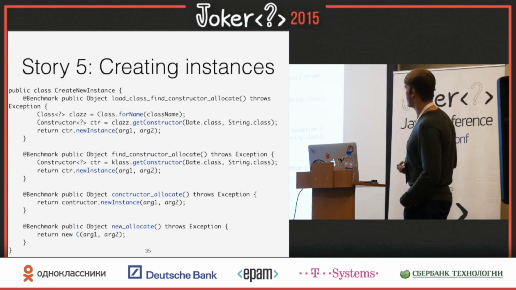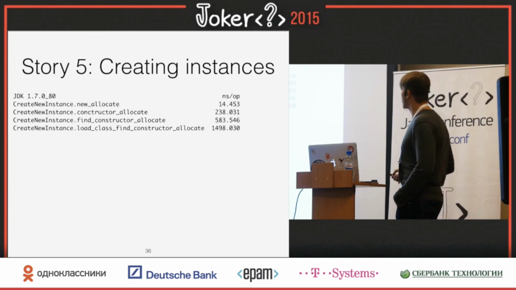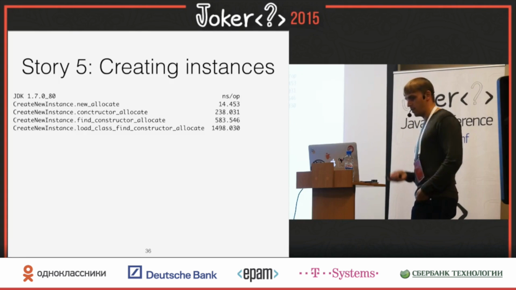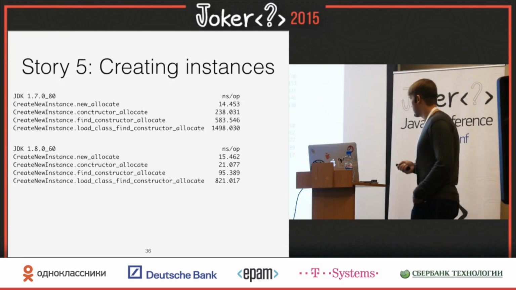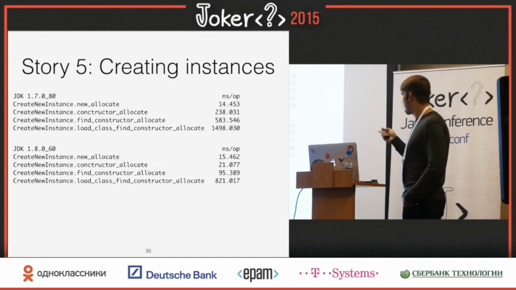So let's see what the difference is on JDK 7. First of all, you notice that calling the constructor directly versus calling it through reflection costs you a lot. It's a ginormous difference. But also, calling the cached constructor versus doing all the dance that we were doing stupidly is about a factor of 6. So we can improve by a factor of 6, but there is still a huge gap. But look what happens when you go to JDK 8. Notice this. It's only 40%. It was like 16, 17 times. So the team at Oracle did an amazing thing here.